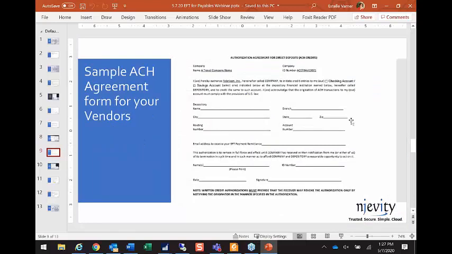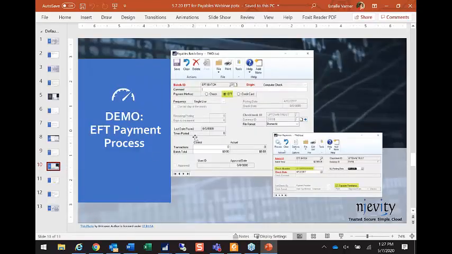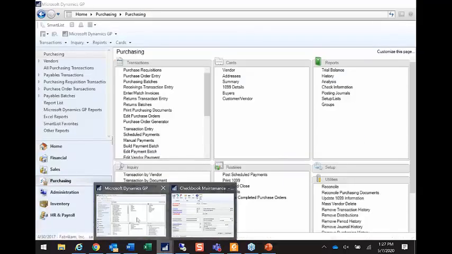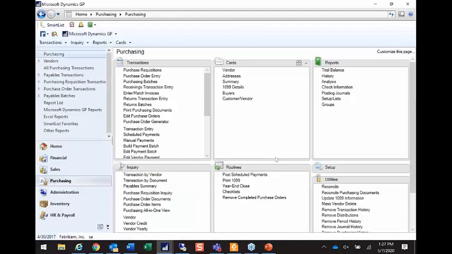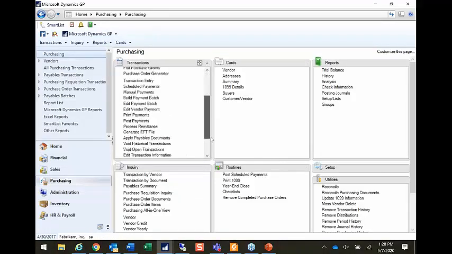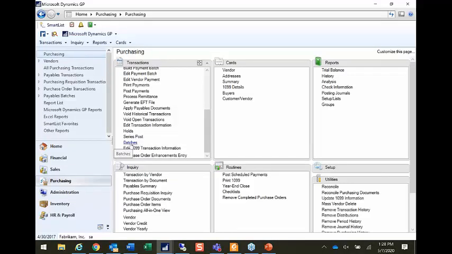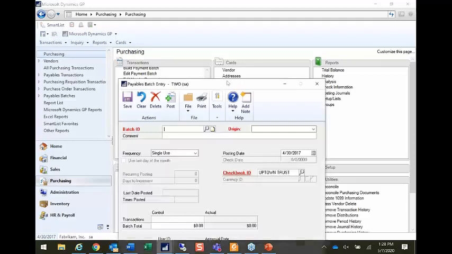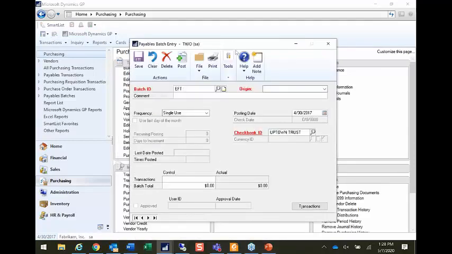So this was the sample letter that I mentioned that I have. Let's see. So let's start with actually running an EFT payment. I'm going to do this mostly in GP, but I'll show a few screens in Power GP as well. To run an EFT payment process, it is very similar to running a regular check batch. Just as you normally would, you would go into your batches and create a batch. Let's call it EFT